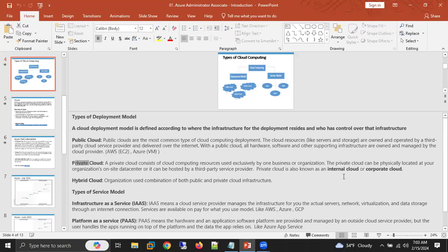Private cloud is where the company has its own internal cloud. In their organization, they have built their own cloud. But to build their own cloud, they need to buy the servers. So they need to invest a huge amount of money on servers. So that's their own private cloud in their organization. And then we have hybrid cloud. Public plus private is equal to hybrid cloud. These are the deployment models we have.